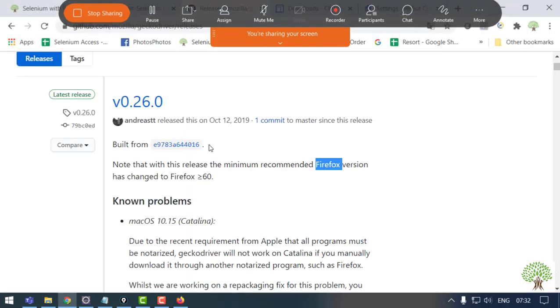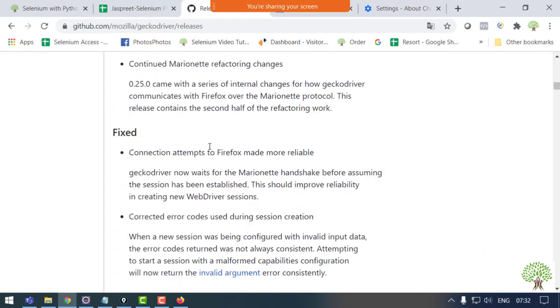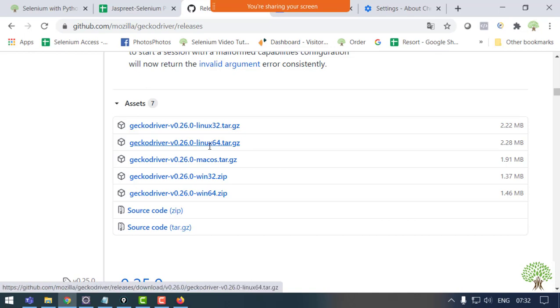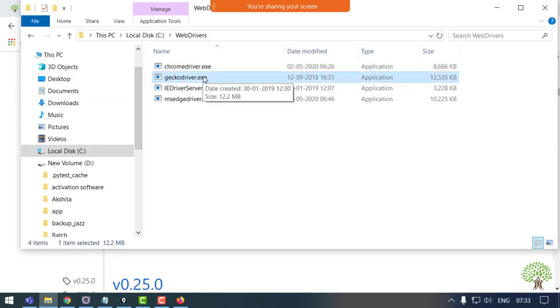Fine. Now after making the changes, you need to get the exe. So go over to the page and over here, according to your system configuration, you will need to get the zip file of the GeckoDriver exe. Whichever you have, Windows 64, 32, Linux, whichever. Once you click on this link, it will start downloading the zip file. You just need to extract the exe from that zip file. That's it, what you need to do. And over here, this kind of file you will be getting, the geckodriver.exe.